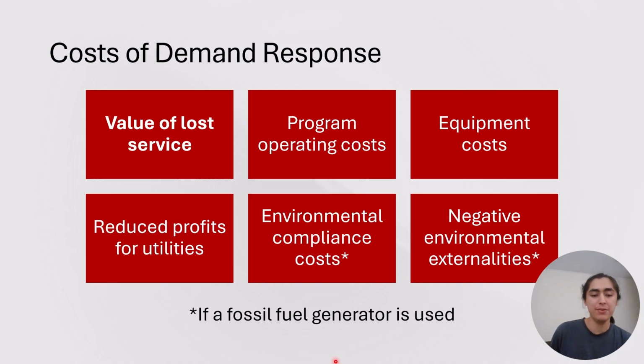There's also a reduced profit to utilities because they sell a smaller volume of energy. Their markup on energy is reduced because they're selling fewer megawatts. But then again, on the other side, we have greater grid reliability and less stress, lower maintenance costs on the grid. So there is a plus side on the other end for the same utility companies.